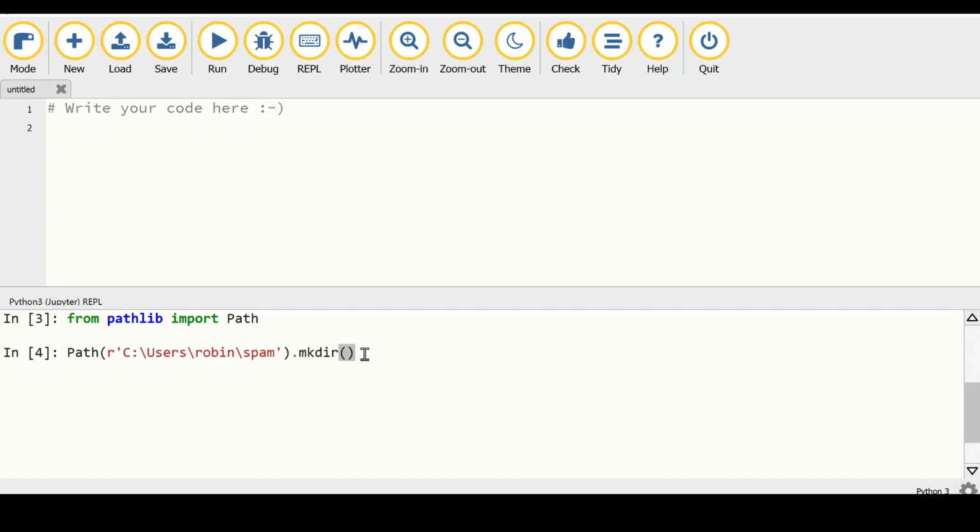We can also create a directory from the path object, and for that we can use the make directory method here. So for that we need to first import Path from the module pathlib. Then we can call Path and enter the specific path we want to create, and then we type in mkdir. We can also use the pathlib module to check whether a given path is an absolute path, and